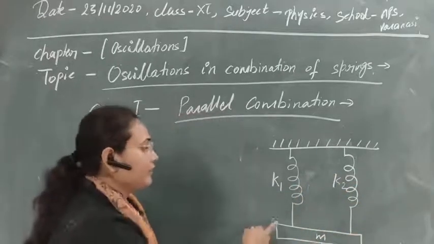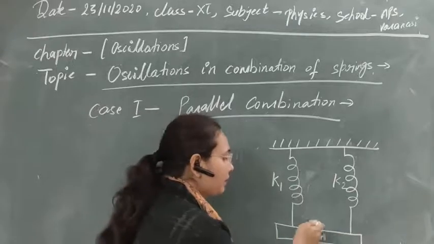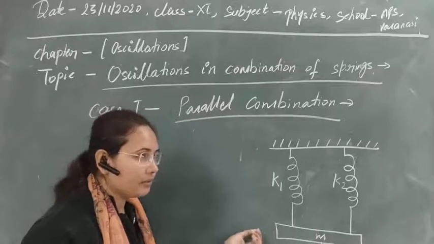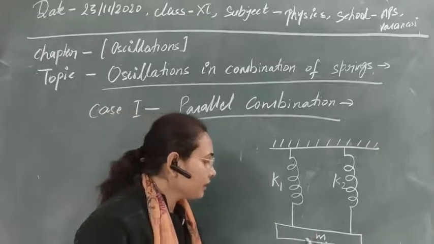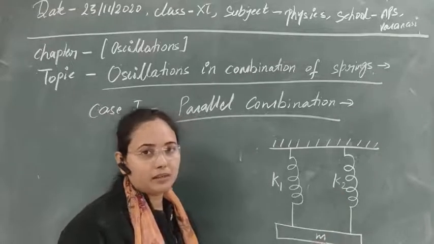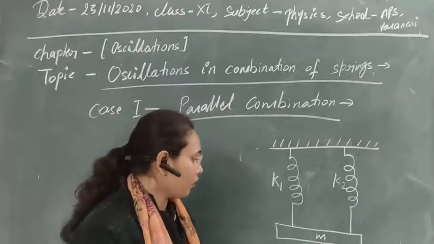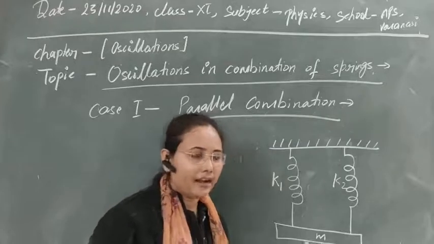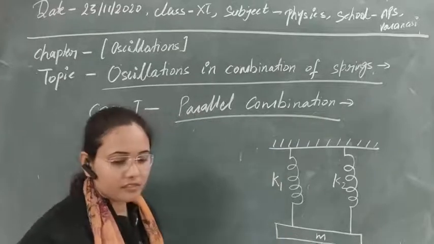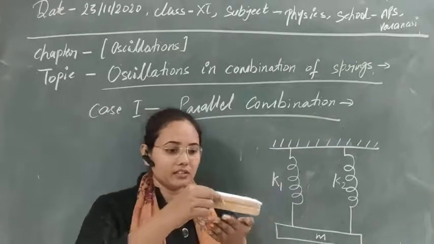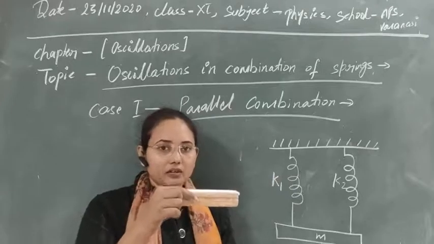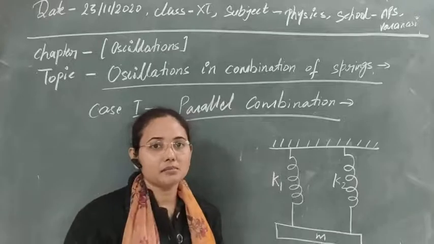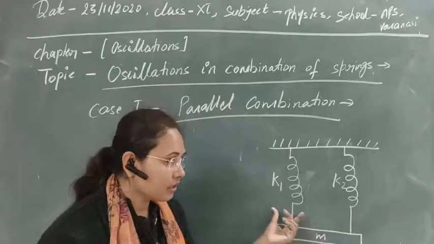And after that, if we attach a mass m to them in the parallel way, what will the condition be? Here obviously gravity is playing a role, and due to gravity its weight will act in the downward direction. If you suppose that this is a fixed end and some spring is hanging from it and we are attaching a mass, then due to the mass there will be some extension produced in this system.